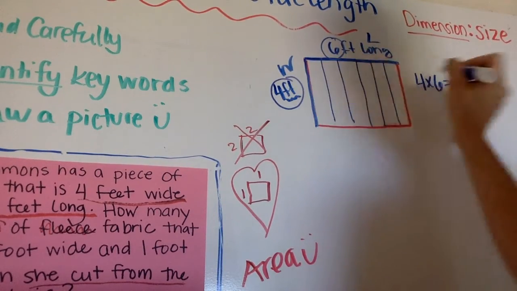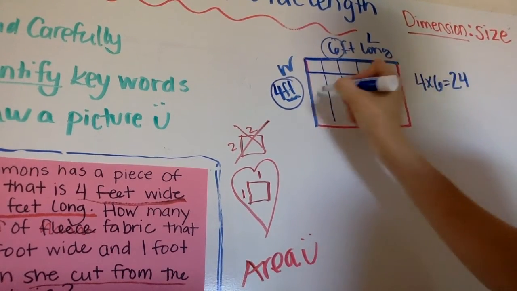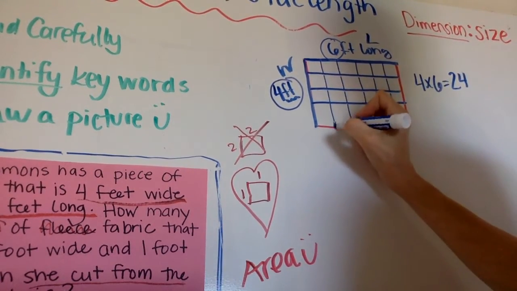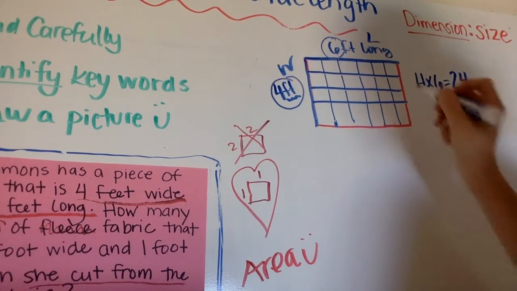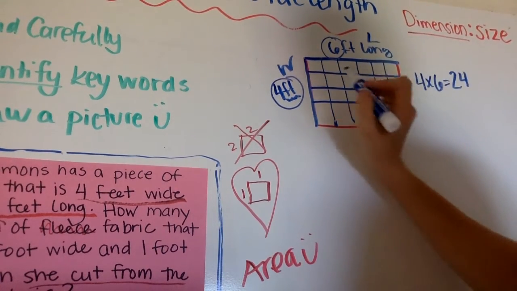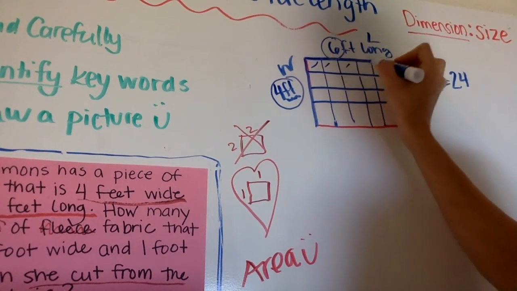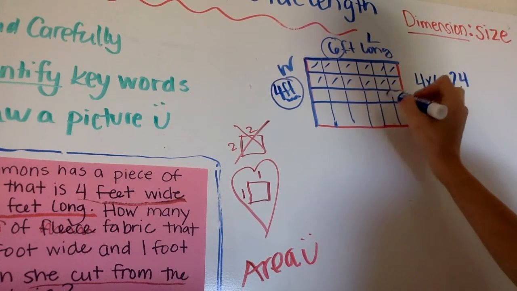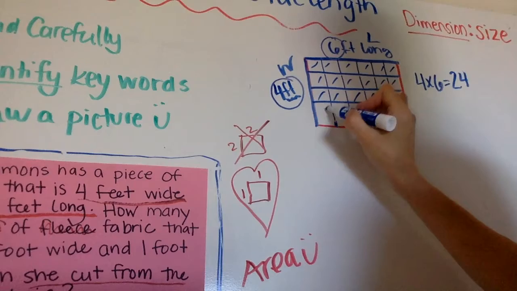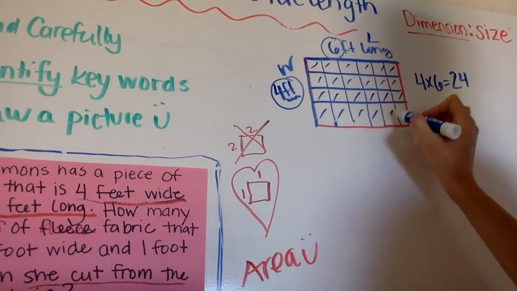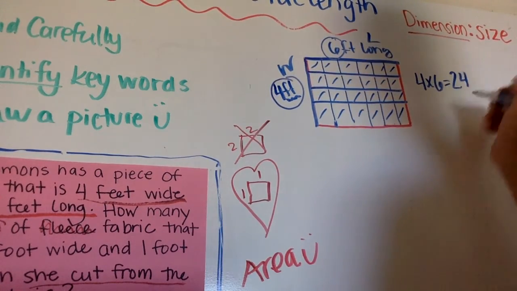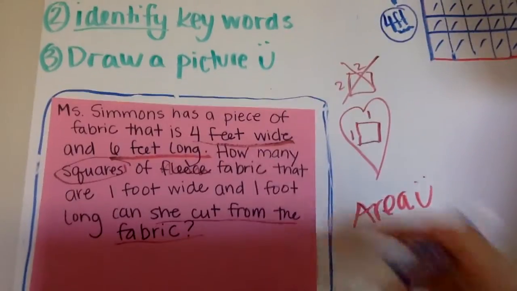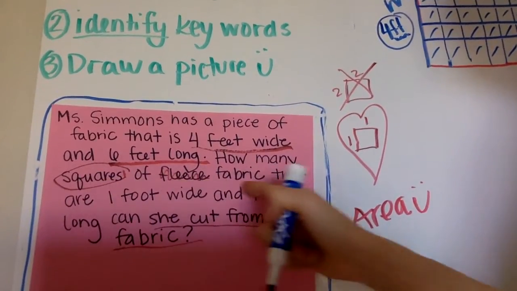And we need to draw 4 rows. There's row 1, there's row 2, there's rows 3 and 4. So let's make sure there's 24 squares inside. 1, 2, 3, 4, 5, 6, 7, 8, 9, 10, 11, 12, 13, 14, 15, 16, 17, 18, 19, 20, 21, 22, 23, 24. So there's 24 squares inside, and our question is asking, how many squares of fleece fabric